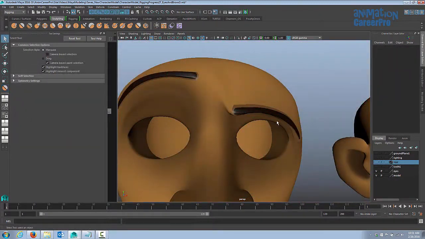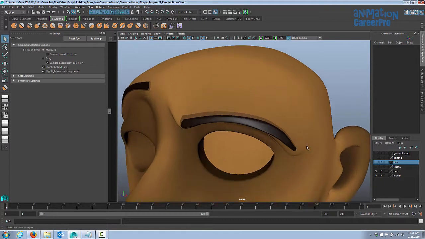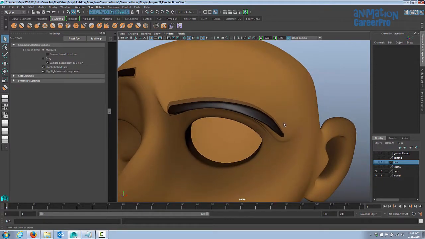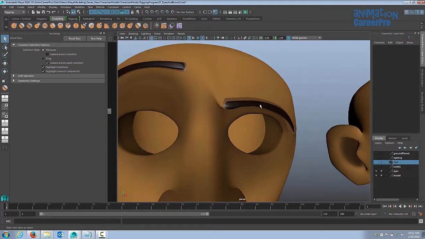So I'm just going to work on the outer and the inner eyebrow areas, using our soft selection tool to bring some of the faces up a little bit, and then using the smooth tool to smooth out areas.